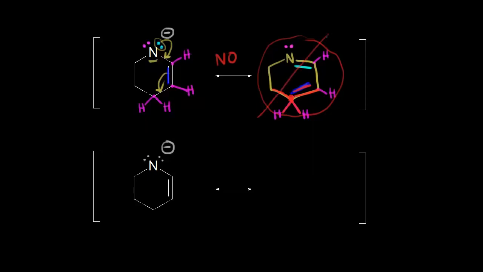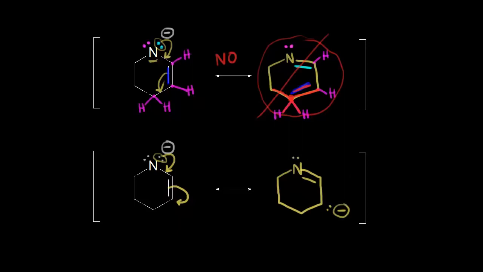All right, let's talk about the right way to do it. So you take these electrons and you move them into here, and then these pi electrons have to go somewhere, and they move out onto this carbon. So now let's draw the correct other resonance structure here. So we'll put in our double bond. We'll put our electrons on this carbon. That gives this carbon a -1 formal charge,